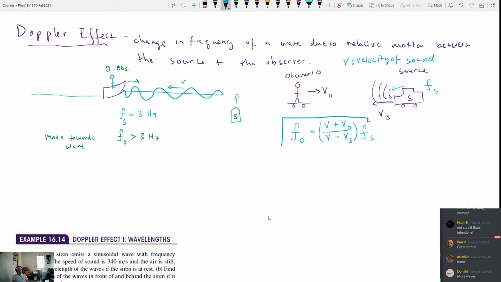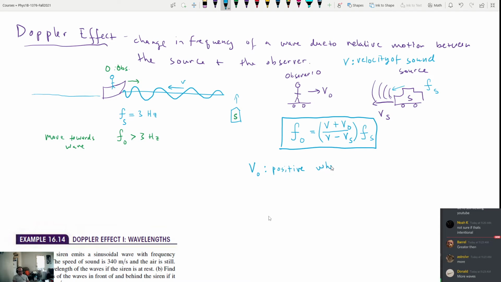And I have to tell you some things about it. VO and VS, because they're velocities, they can be positive or negative, right? So these are the sign conventions. When the objects are approaching each other, VO is positive, VS is positive, okay? So VO is positive